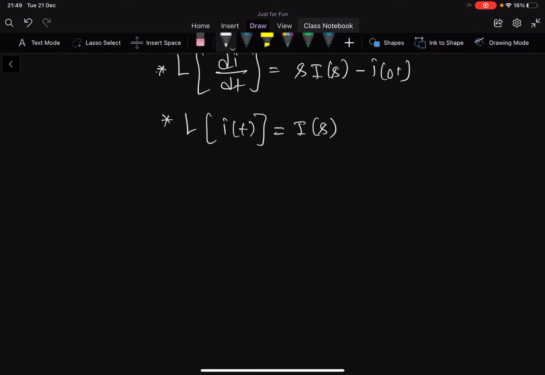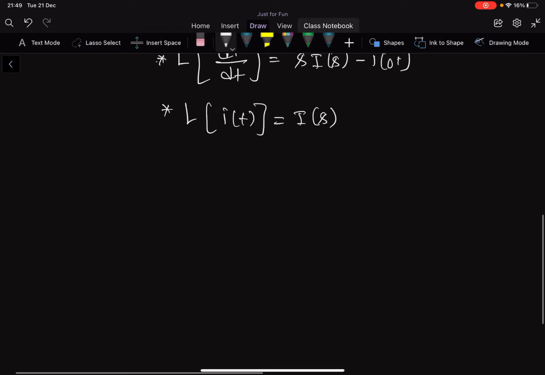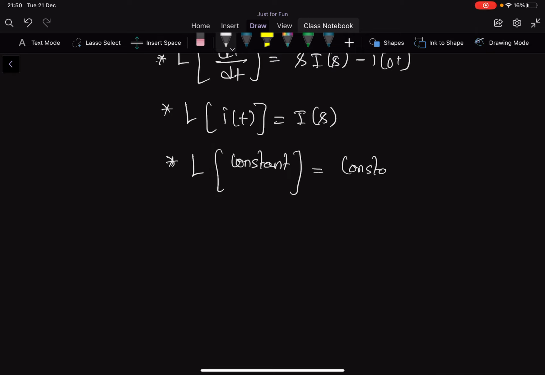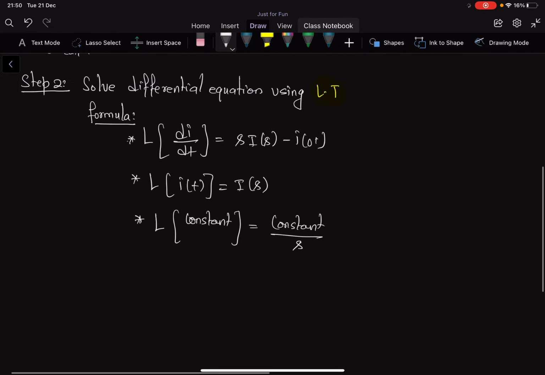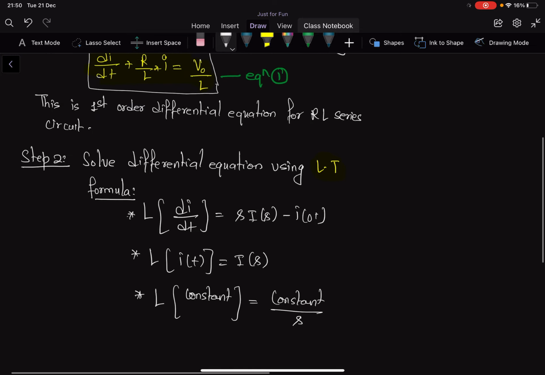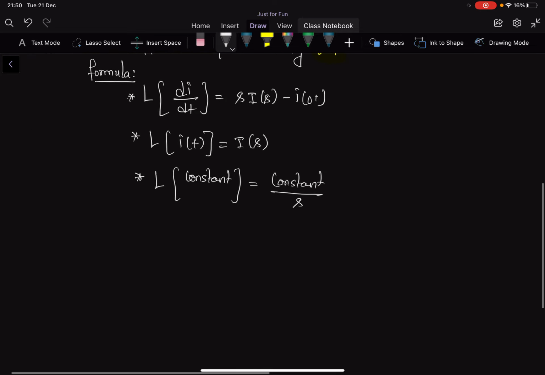It is not necessary to write s in the bracket. And the last formula we need to use is the Laplace transform of a constant. A constant is going to be constant over s. So these 3 formulas are the formulas we need to use in the above equation 1 to solve the differential equation